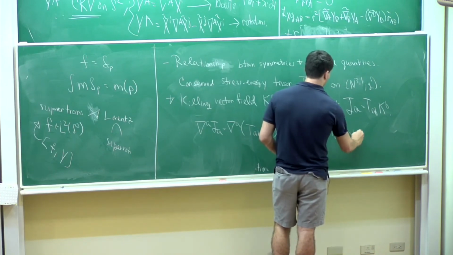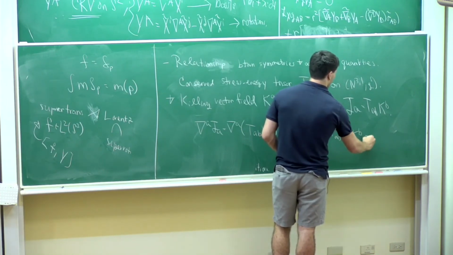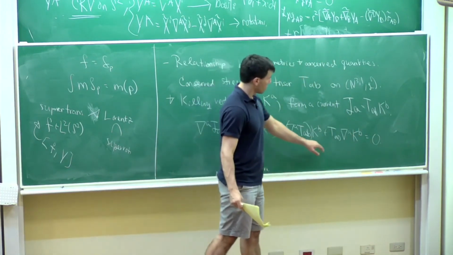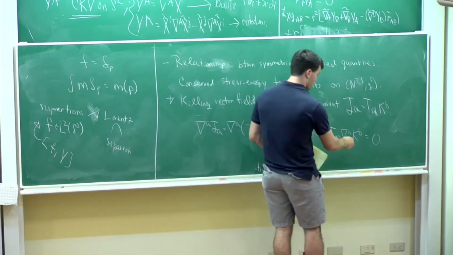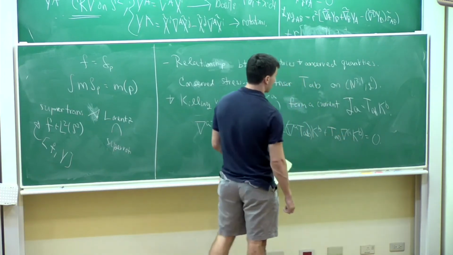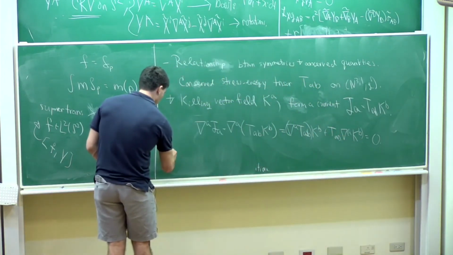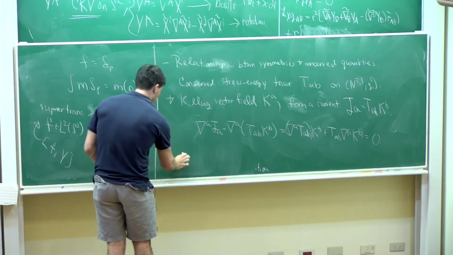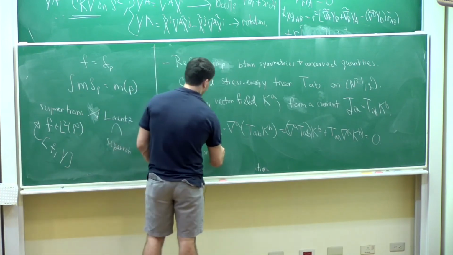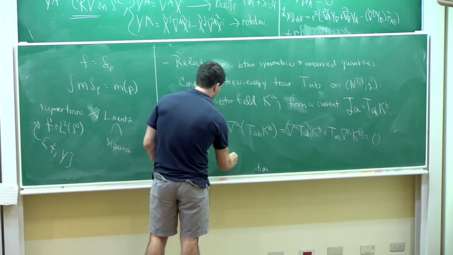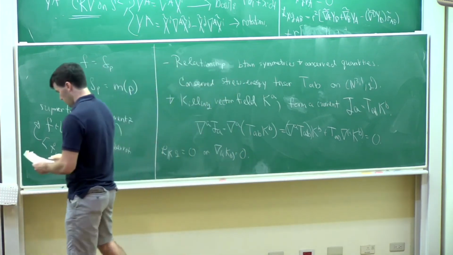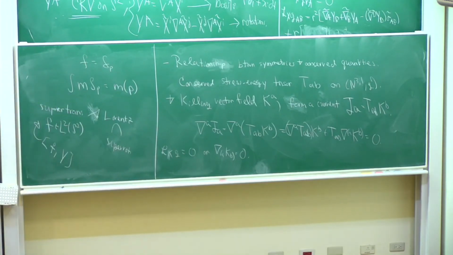Oh, and I guess I'm using symmetry of the stress energy tensor in deriving this. All right, so the stress energy tensor is assumed to be divergence-free. It's also assumed to be symmetric, so we could always symmetrize this. And yeah, I apologize. This is just Killing's equation in disguise. You could write it down like so. So, in other words,